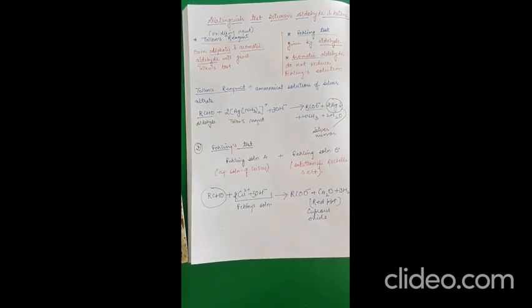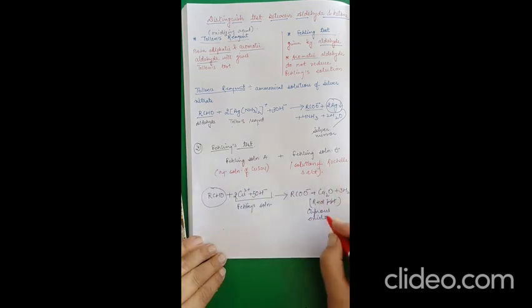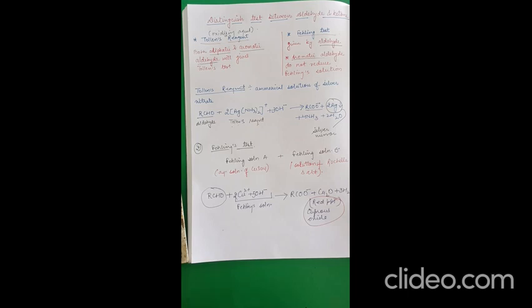So in the Fehling test, if the particular compound given is aldehyde, and you add Fehling solution to it, then the formation of a red precipitate indicates the presence of aldehyde. The Fehling solution test is only given by aliphatic aldehyde. Aromatic aldehyde will not give the Fehling solution test. Is it clear? So these are the two tests on the basis of which you can distinguish between aldehyde and ketone. This is an important question which can be framed in the 12th board exam.